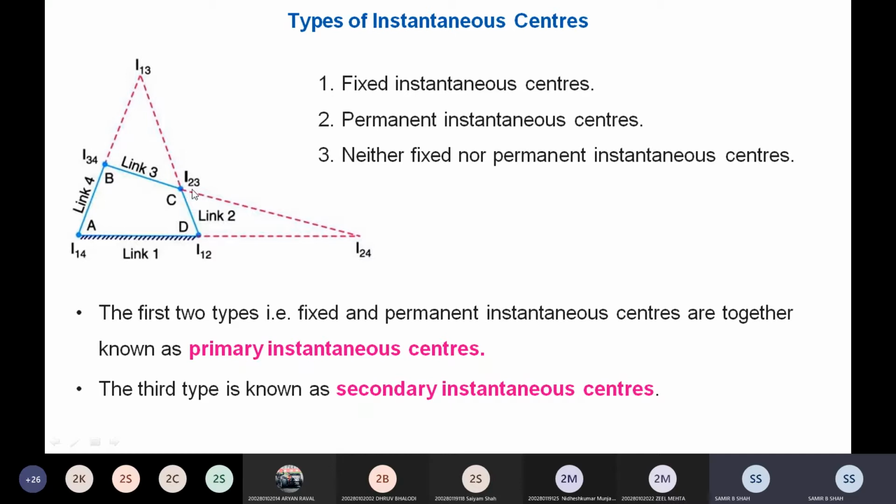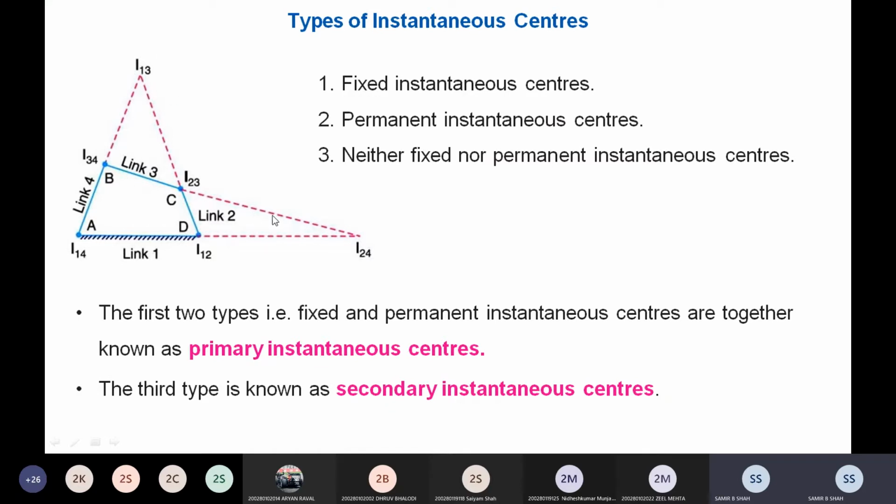This is link 2 and 3, so the intersection I center is known as I23. And if we consider link 3 and link 4, then it is known as I34. Okay, so these are the centers. Now talk about the remaining two. If I extend this line and this line, then these two links are covered. You can see here link 1 and link 3 both are covered if I extend these two lines. So I can say that link 1 is covered and link 3 is covered, so the I center may be known as I13.